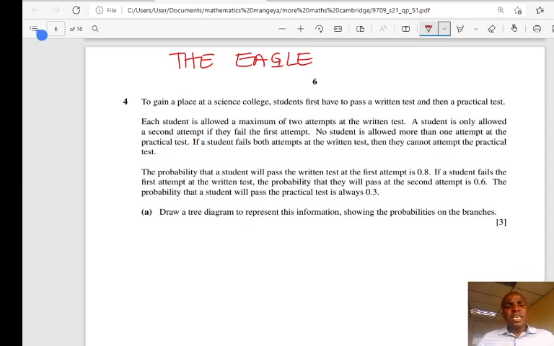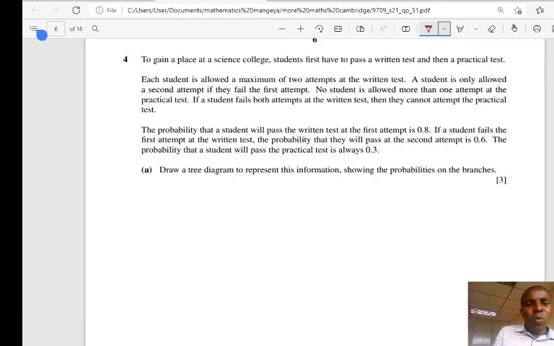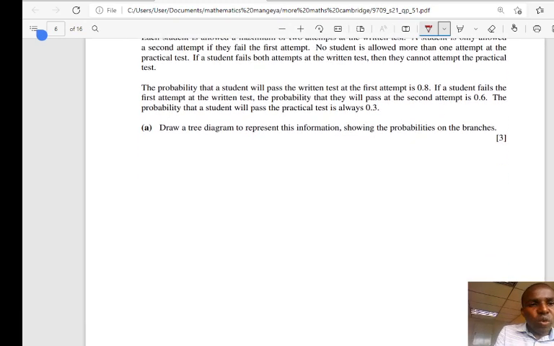Right. To gain a place, the student has to pass a written and then a practical test. Each student is allowed a maximum of 2 attempts at the written test. So first is a written, then after that a practical test. So a student is only allowed a second attempt if he fails the first attempt, right? So from that statement, we can deduce that a student here,